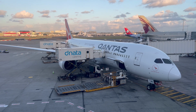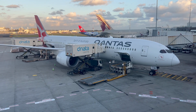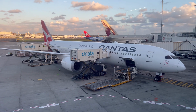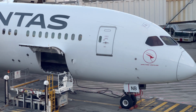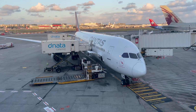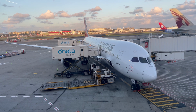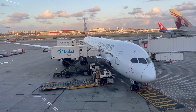So tonight we're flying on a Boeing 787-9 Dreamliner, very much the stalwart of Qantas's long haul and even ultra long haul network these days. First delivered to Qantas in December 2017. Registration on this one is Victor Hotel Zulu November Bravo. Interestingly, while tonight's flight is a reasonably lengthy 9 hours and 40 minutes, this is absolutely nothing compared to what the Dreamliner can operate for Qantas, operating the longest flights in their network, topping out at a whopping 17 hours and 50 minutes